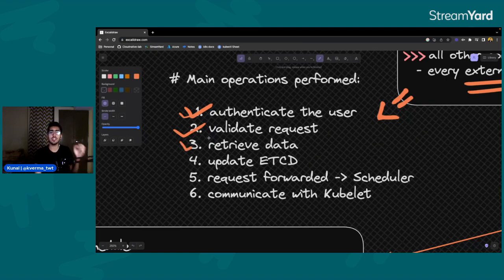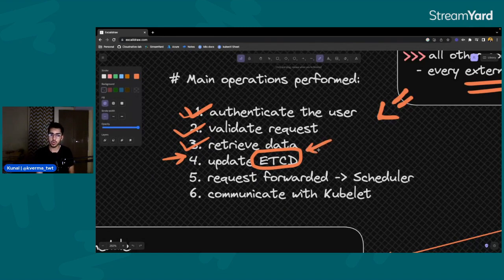Then it will retrieve the state from the entire cluster according to the request that we have made. And once it knows this is the request, this is something that has to be done, after that it will update etcd. Now, etcd we'll talk about shortly, but just understand etcd is the database of a Kubernetes cluster.